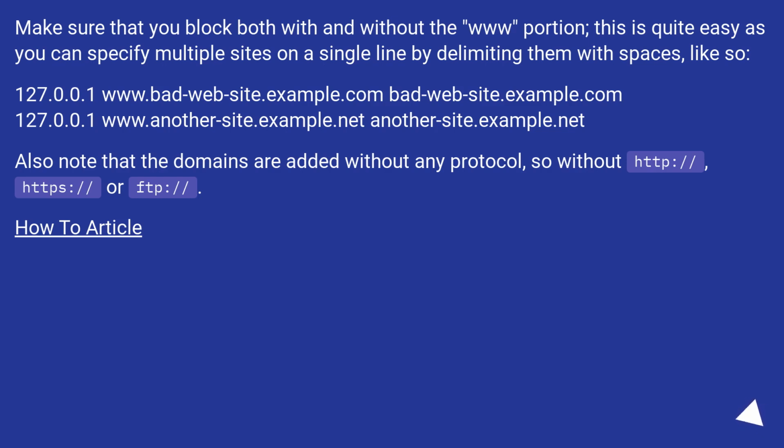127.0.0.1 www.badwebsite.example.com badwebsite.example.com 127.0.0.1 www.anothersite.example.net anothersite.example.net. Also note that the domains are added without any protocol, so without